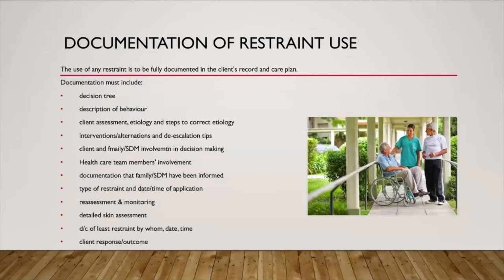Document the client and family or substitute decision maker involvement in decision making. All discussions and conversations with healthcare team members and their involvement. Document when the family or substitute decision maker have been informed of the decision to use least restraint for the safety of the resident, as well as fellow staff and other residents. The type of restraint used, as well as the date and time of application, any reassessment and monitoring, a detailed skin assessment, especially when physical restraints are used,